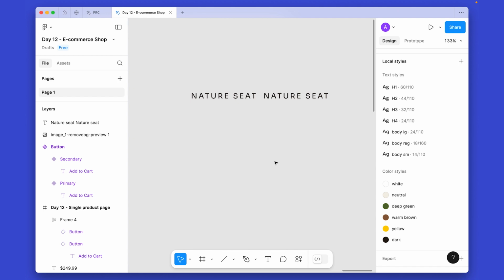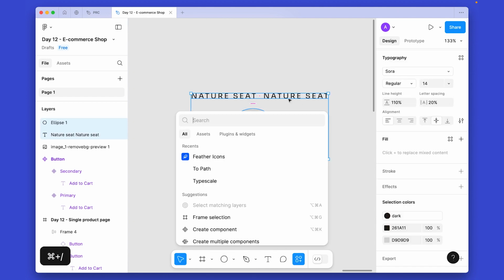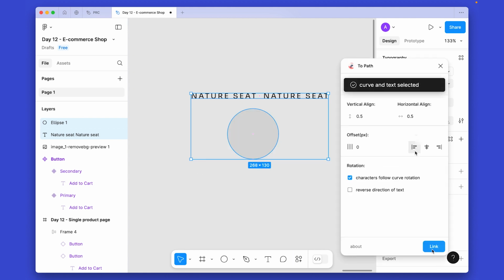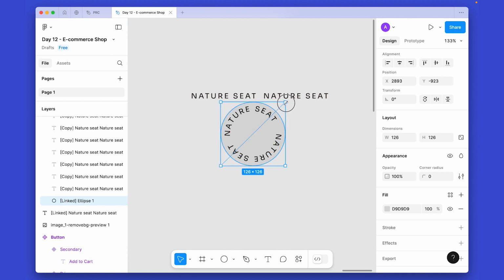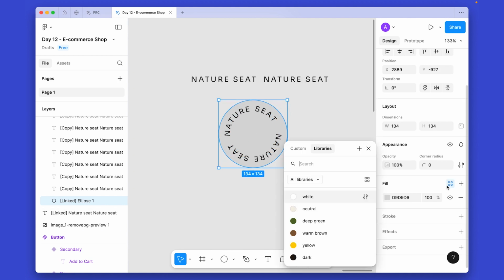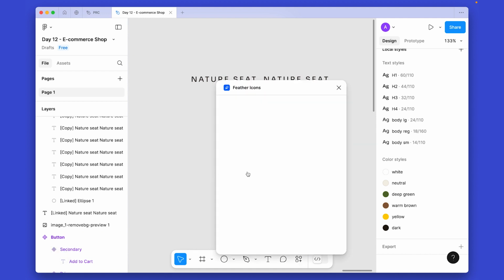Now we need circle, so press O on the keyboard and click create ellipse. Select both, command / and we will be using this plugin to path select and link. Now let's simply press command and select circle. Let's make it this neutral color. Now we need an arrow icon, so for the arrow icon we will be using the same plugin Feather icon,